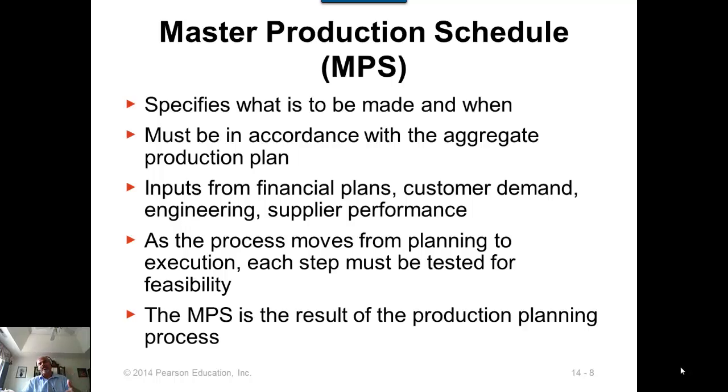Engineering is if there are design changes made to the product, and that should be taken into account in developing a master production schedule. And supplier performance is also very important, because if you have a master production schedule that cannot be implemented because your vendors, your suppliers are not able to meet the components and parts requirement of a master production schedule, then you will not be able to fulfill or implement the master production schedule. So you have to get inputs from all of these different areas and incorporate that into your master production schedule